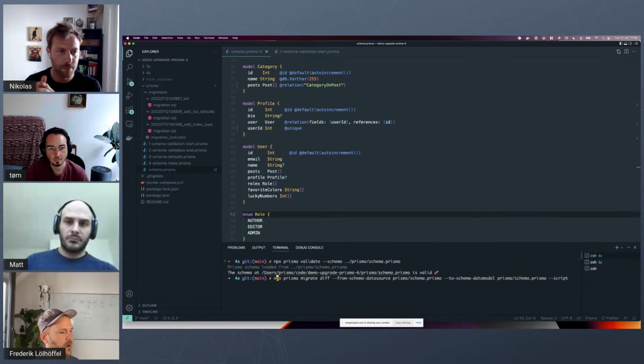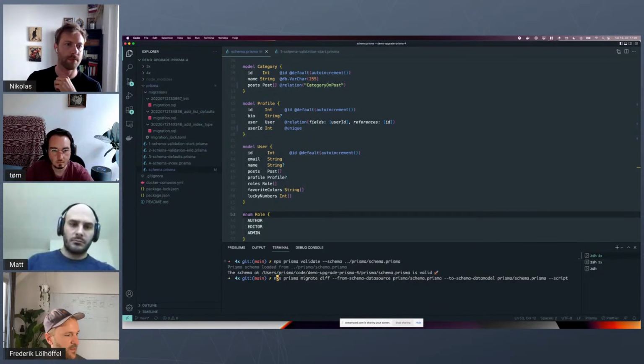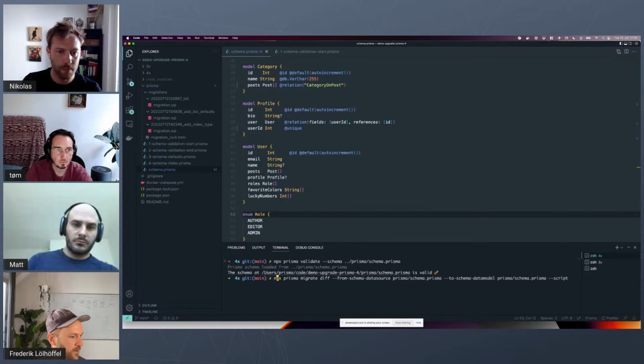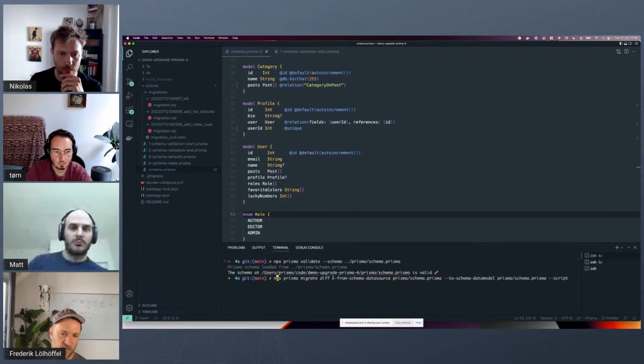So if I would run this diff with Prisma 3, it would be empty because Prisma 3 doesn't understand these defaults. But with Prisma 4, these defaults would now appear because they are understood. So if I now issue migrate diff, my from state is my database schema, and my to state is my data model in the schema, which is what you see here. And the output is a script file. So if we run this,